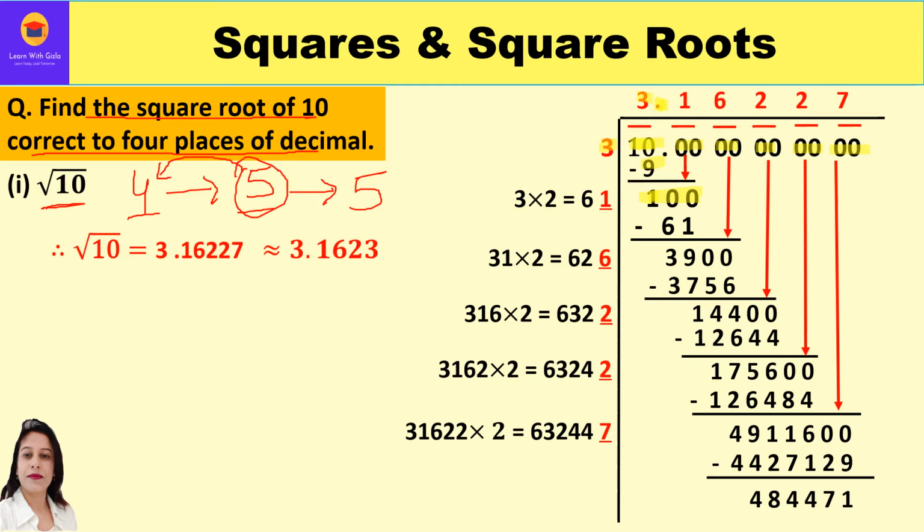Now our new dividend is 100, for which we need a divisor. So we shall take the first quotient, that is 3, and we will double it. So 3 into 2 is 6. Keep a blank over here, or you can simply add 3, which is the newly added quotient, to get 6. 3 plus 3 is 6, right? Now you have to think of a number what should come in this blank, multiply by the same number, and you get a product which is less than or equal to 100. So I tried with 61, because with 62 I will get a number which is more than 100. So let us keep 61 as the divisor.